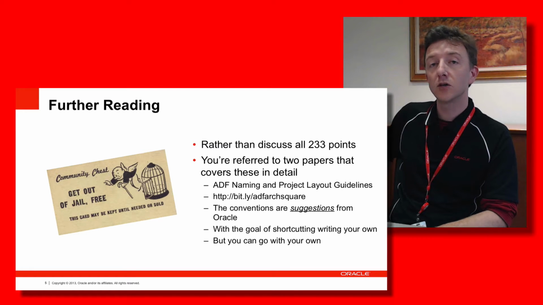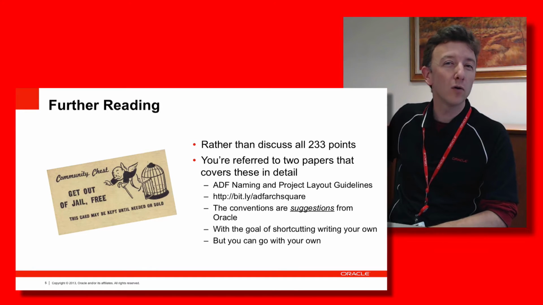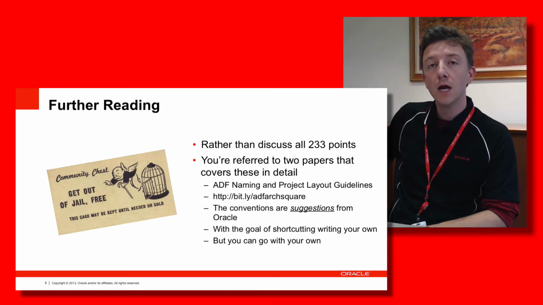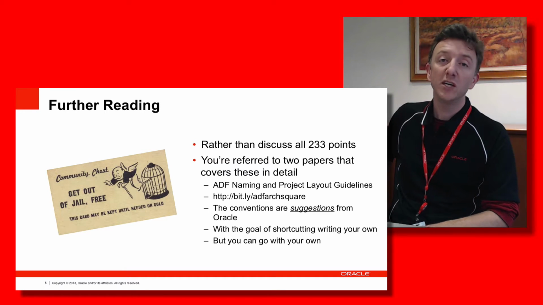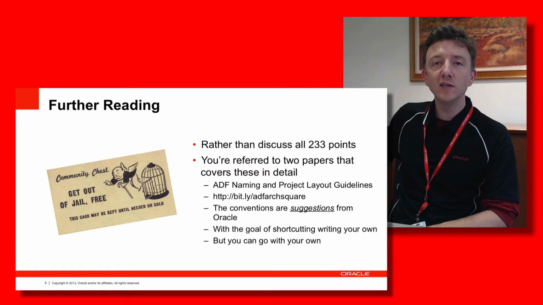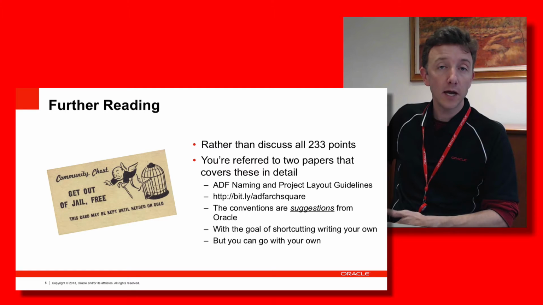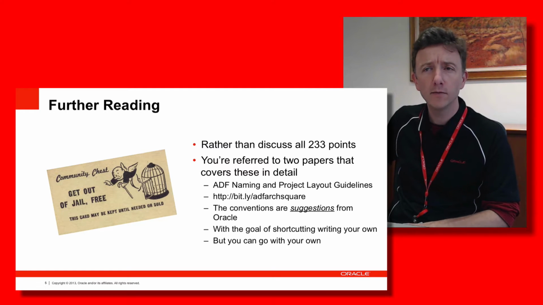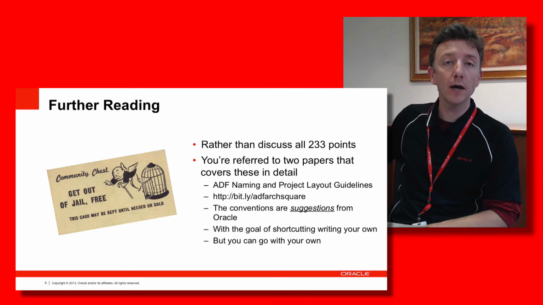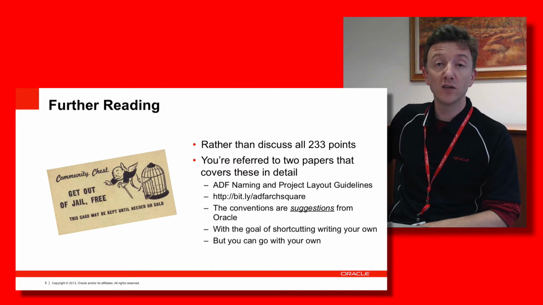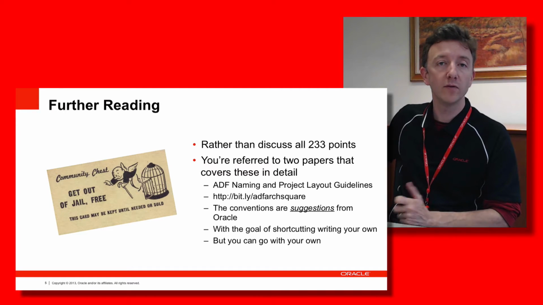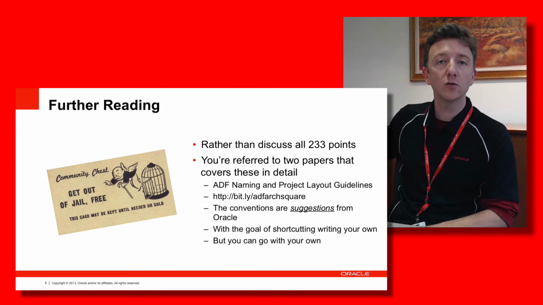You'll notice that each guideline has a little error code or a little 4-letter acronym and then a number associated with them. So something like ADF NG 12345, and the reason we've done that is such that when you actually look at your own applications and you find, okay, that actually violates Oracle's guidelines there, instead of just trying to articulate the guideline, you can just refer to the actual code, and this will make it easier for people to